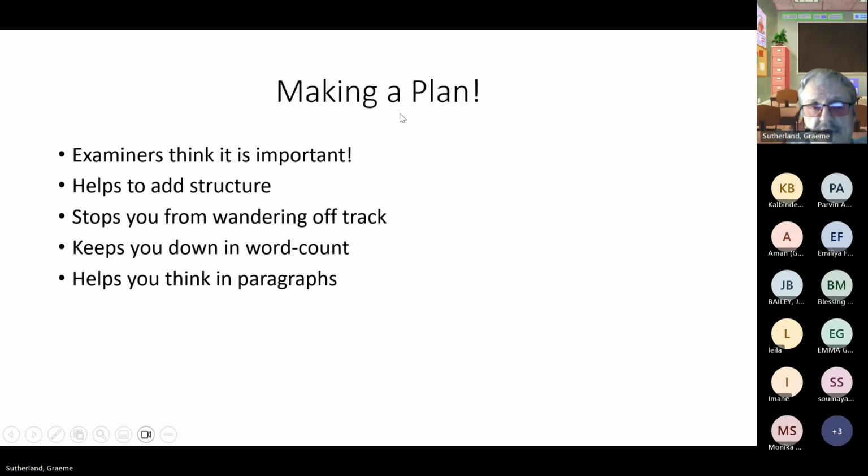So we ask you to write less and get control of it, and making a plan is about controlling your writing. It also helps you to think in paragraphs, because if you think in steps, 1, 2, 3, 4, you'll then think about what's going to go in each paragraph as you go along. And I would add another one. I think a plan can actually help you to write